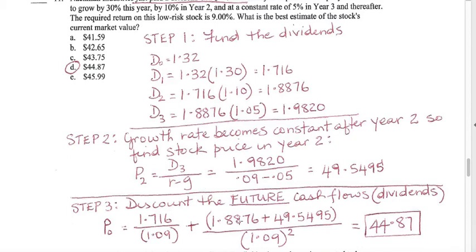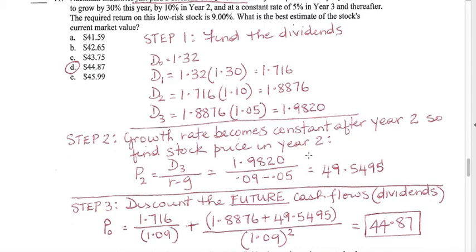in year 2, 1.8876. But you have to remember the stock is worth 49.5495 in year 2. So you have to add these two cash flows in year 2 and divide by 1.09 squared to get the stock price today of $44.87. You cannot discount this dividend in year 3 because you have already used it to find the price of